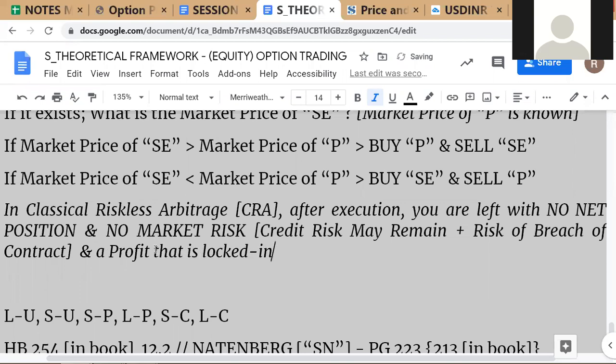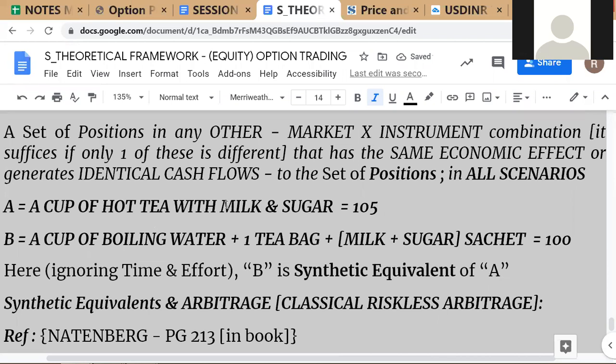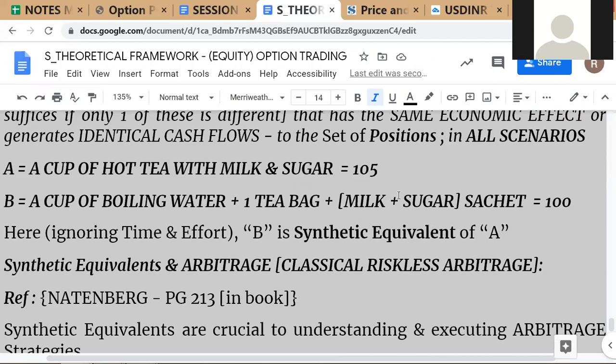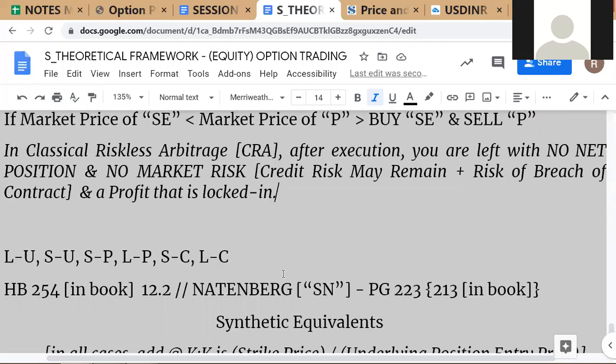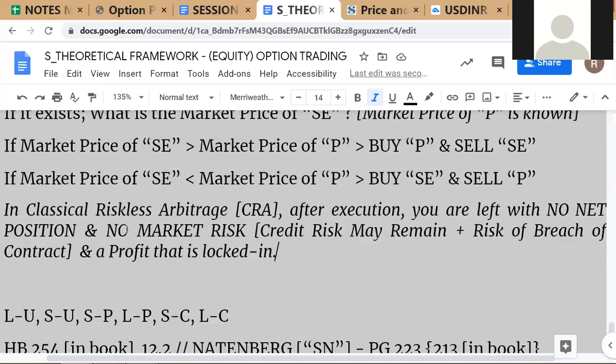Okay, locked in the sense that you have contracted to sell at 105 and you have contracted to buy whatever you're selling at 100. So if none of these guys default on the contract, then you will pocket this 5 rupee profit. Okay, so that's why we say the profit is locked in. All right, so no net position, no market risk, and a profit that is locked in. So these are the crucial elements of